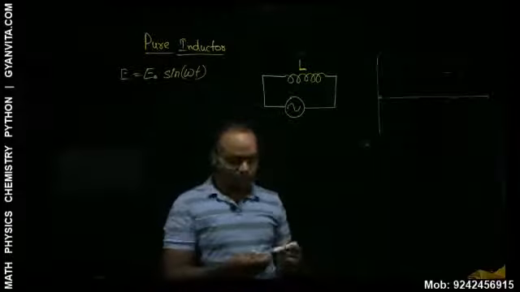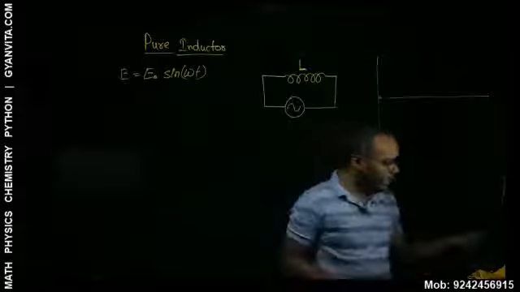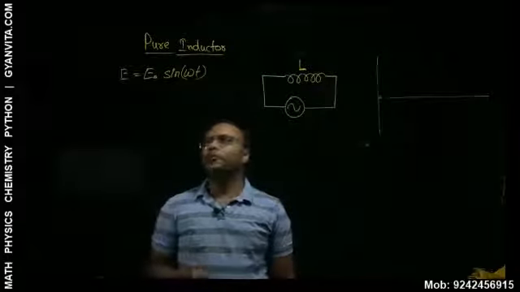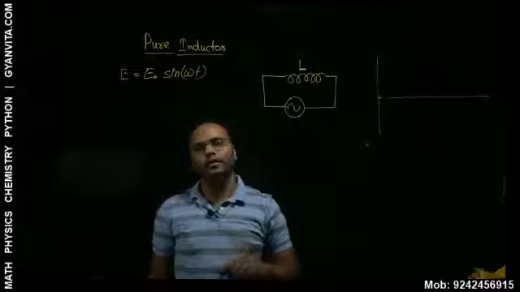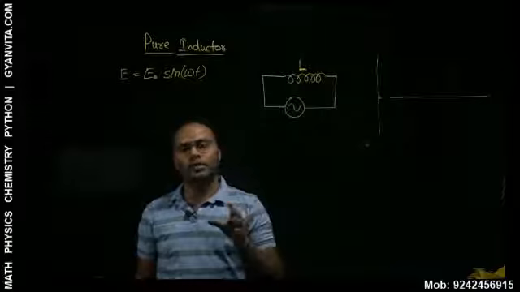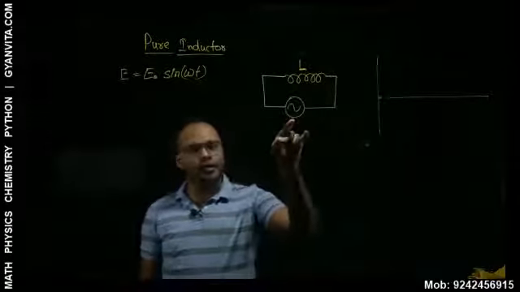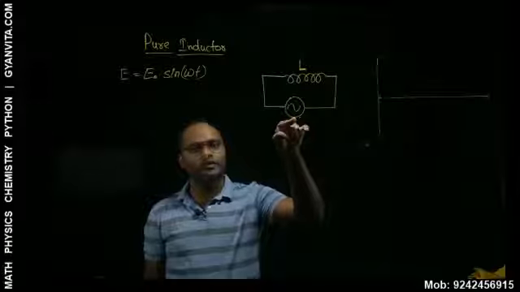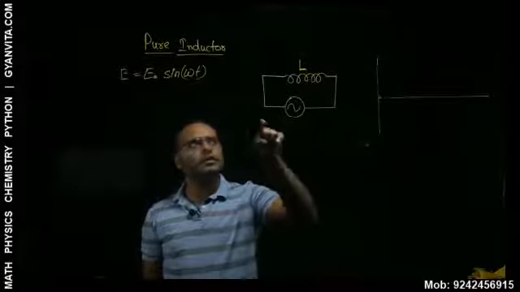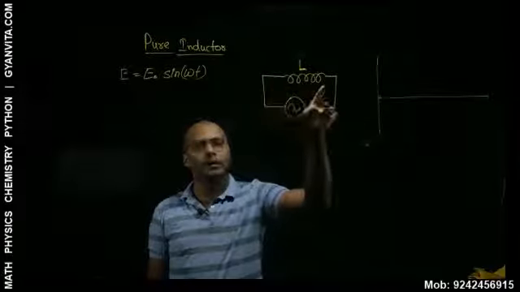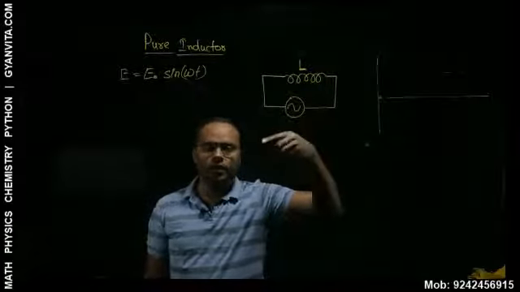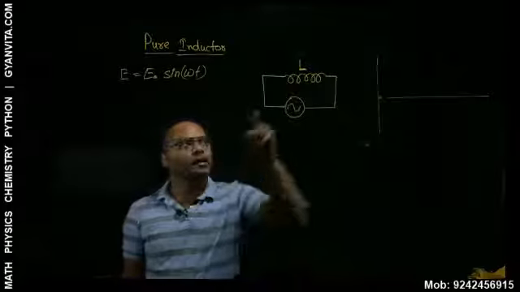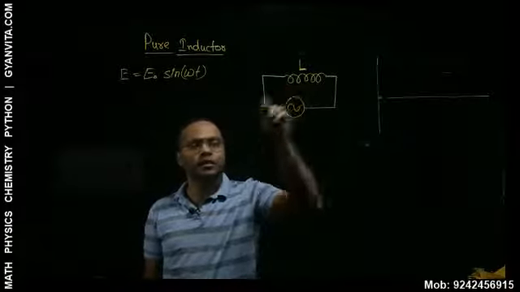Now in order to decide the current and the opposition offered by this circuit element, we'll first have to understand where this opposition comes from. This opposition to the current actually comes from the concept of self-induction. There is an AC supply here, which means it is alternating, that means it is changing. And if it is changing, the current which enters the inductor is also changing. And if that current is changing, the magnetic field generated in the coil will also change.